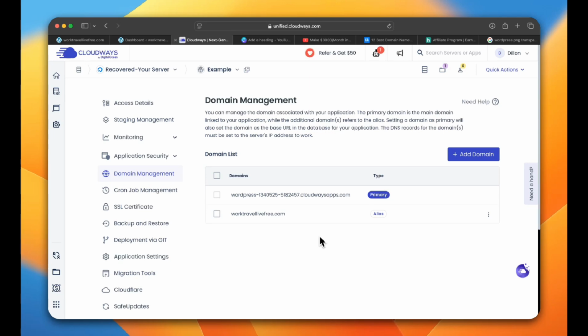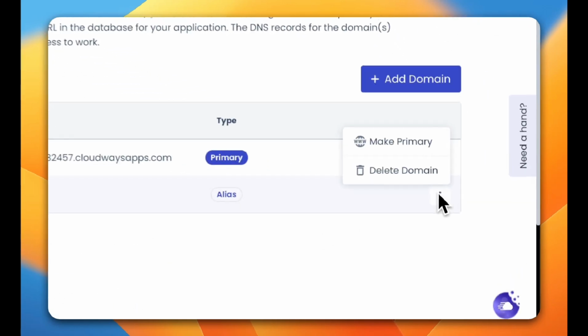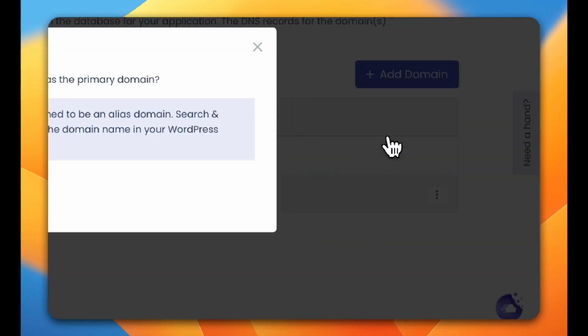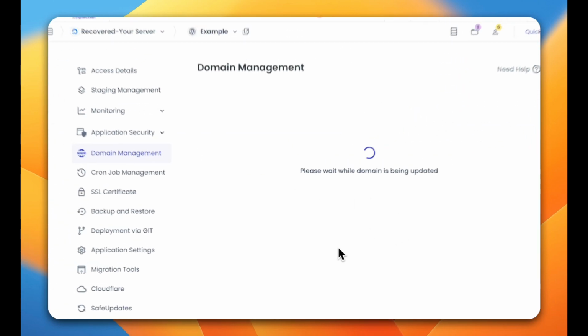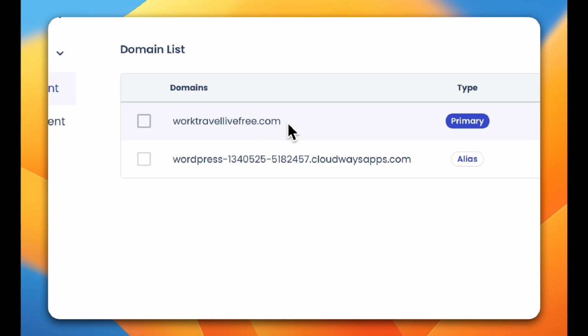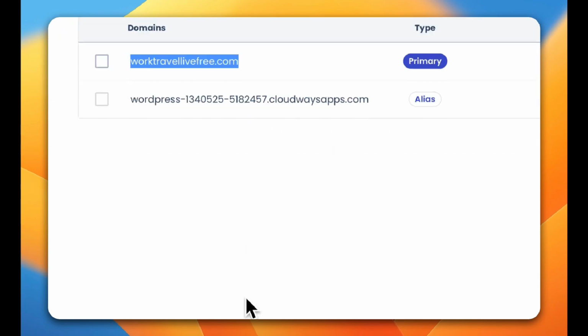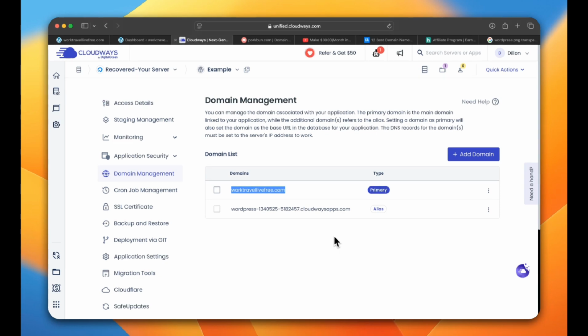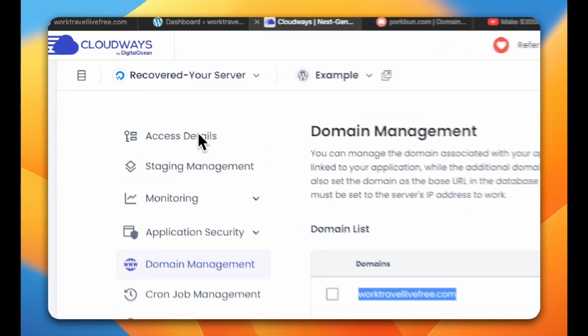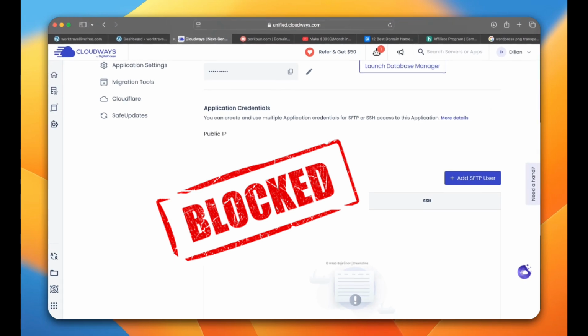Make sure you save changes, and then those 3 little dots, you want to click on that and you do make primary, then set as primary. This can take a little bit for your domain to be updated. Now your URL should be primary, but we must point our DNS servers on our domain registry to the IP of our Cloudways. So we want to go to access details, scroll down a little bit, and